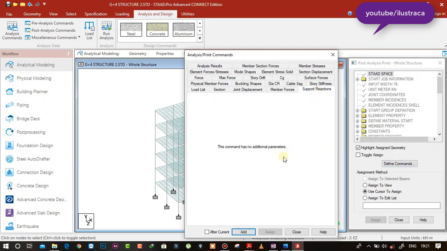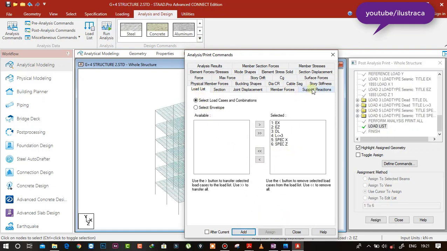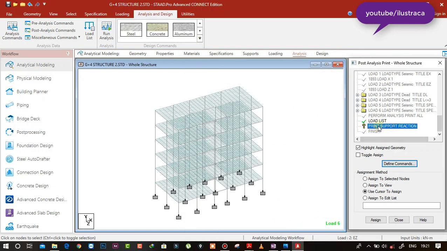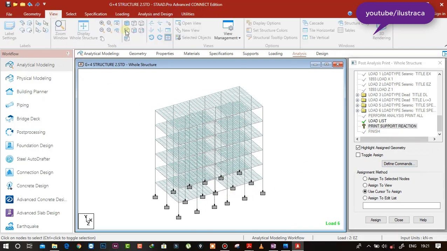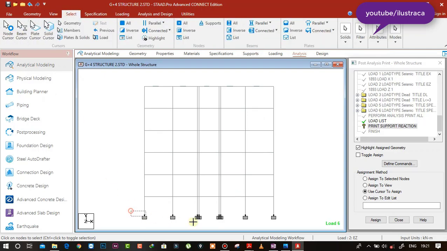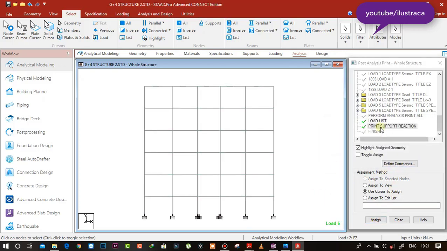So the load list we want, and support reactions we want, and now we need to assign this support reaction. So view, again front view, select this node cursor, these nodes, and assign to selected nodes, assign yes.